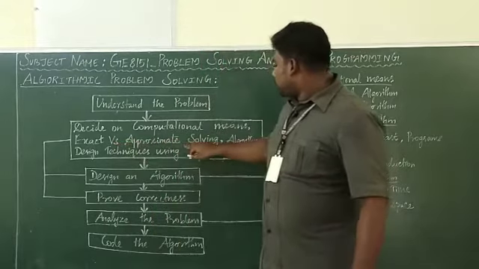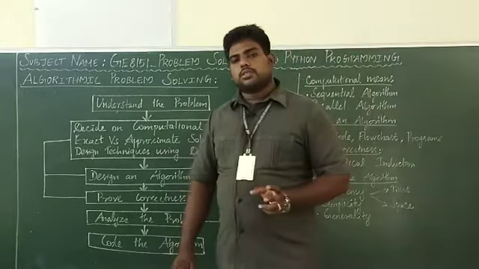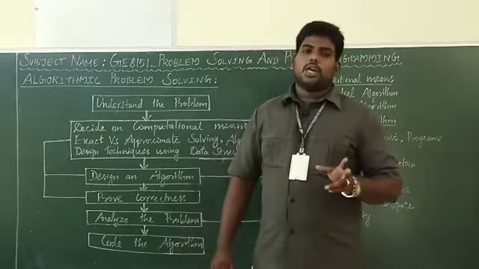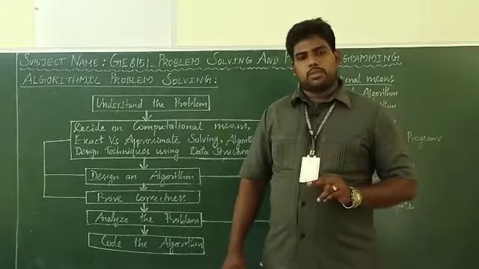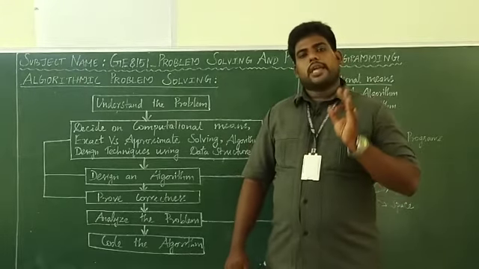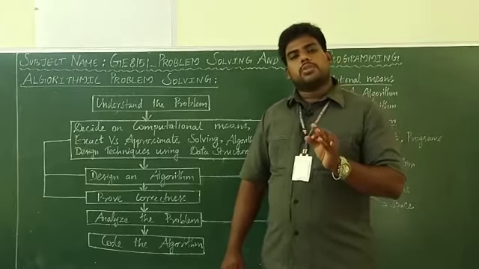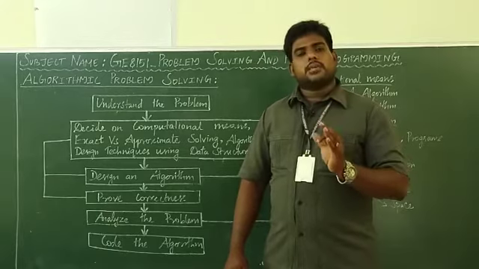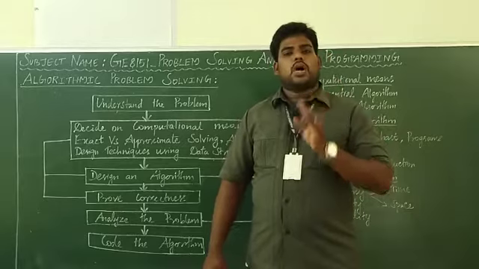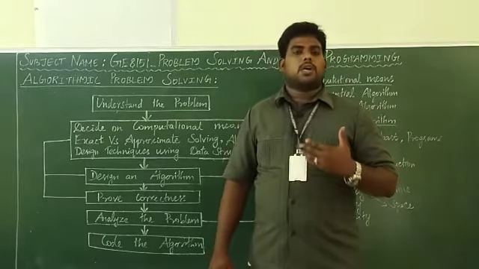Then exact versus approximate problem solving. What is exact versus approximate solving? For example, if we are going to write the algorithm for the sum of two numbers, your first number is 1, second number is 4. You know the exact output is 5. Apart from that, if it is 5.1, it is wrong. These types of things are exact algorithms. You are finding the solution exactly as it will come. Then there are approximation algorithms for complex problems or non-linear solutions.